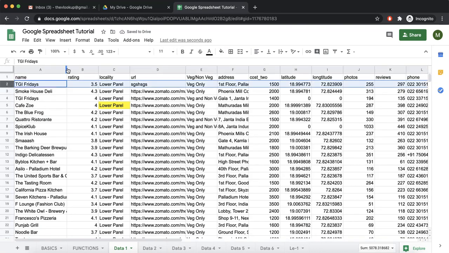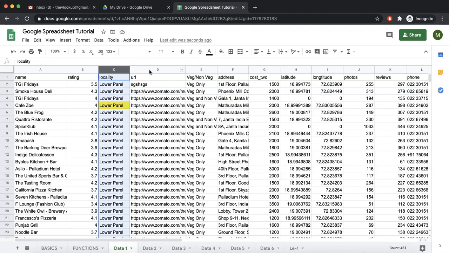So this is a row, this is a column, this is a cell. A row is always denoted by a number, a column is always denoted by a letter, and a cell is denoted by column then row. So this is C5, this is F3. If I click on this cell, this column slightly gets highlighted, so I know it's I, and 10 slightly gets highlighted, so I know it's 10. So this cell is I10, which is also the name of a car.